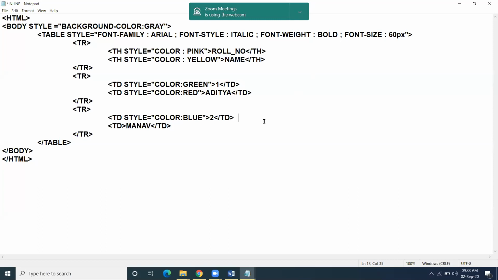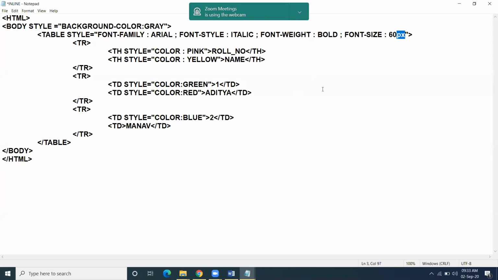Now in HTML, you used to write font size equal to 5. In CSS, it is replaced by the property font hyphen size and give the value in px.